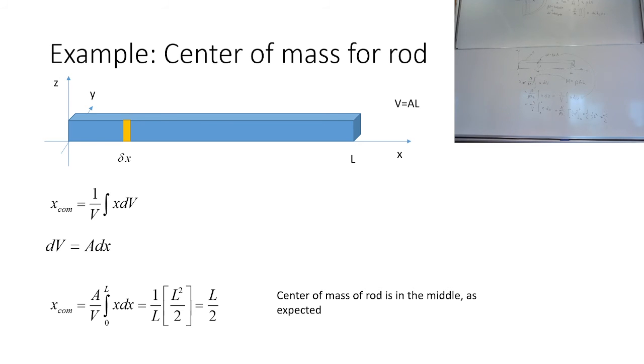Okay, so that's basically a simple example of calculating this thing. We could avoid the triple integral in this case, basically because this thing had the same cross section everywhere. So when we wrote down the small volume element, we only had to make it small in this direction. And then we didn't have to chop up this plate into tiny pieces